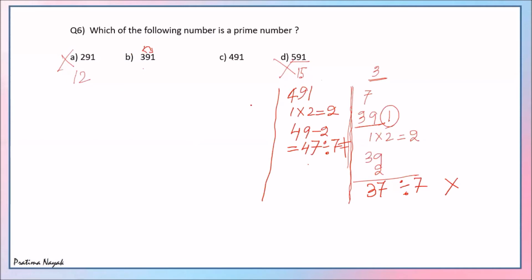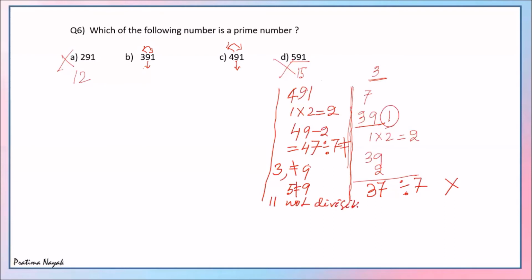It is 3 and this number is 9. They are not equal. So it is not divisible by 11. Here also 4 plus 9, 4 plus 1, 5, and this middle one is 9. So they are not equal. So it is not divisible by 11. Both the numbers are not divisible by 11. So we finished.